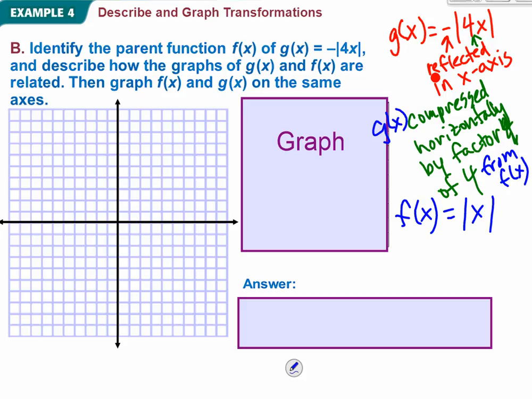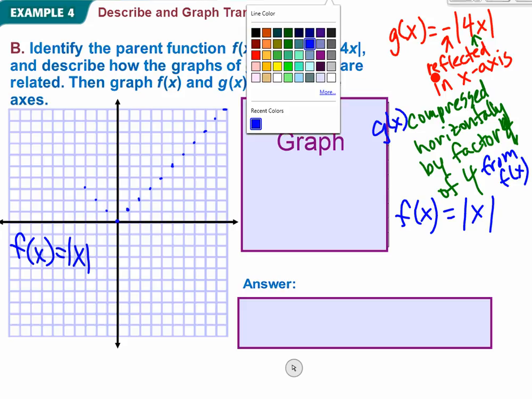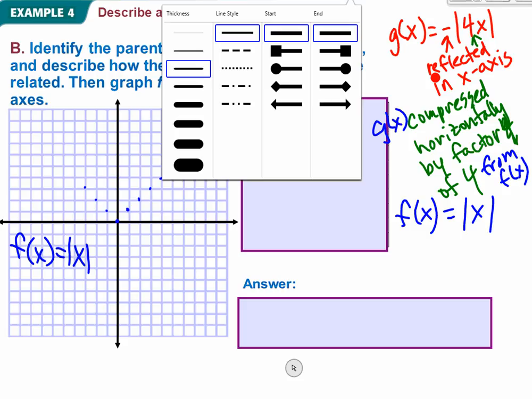And then we'll just graph them on the same axes. We'll graph f of x first. And I know it's going to be in these two quadrants. So f of x is the absolute value of x. And easy to plot points, 0, 0, 1, 1, 2, 2, 3, 3. Oh, yes, but I hate the big dot there. And I can't not do it, evidently. So there we go. And I have to go all the way out to here to be able to use my line drawer, because it would be easier in my life if things were,